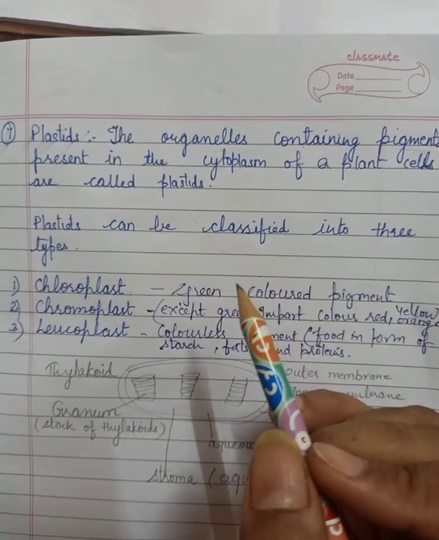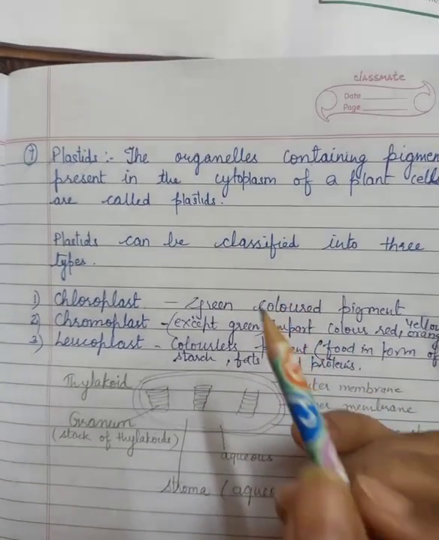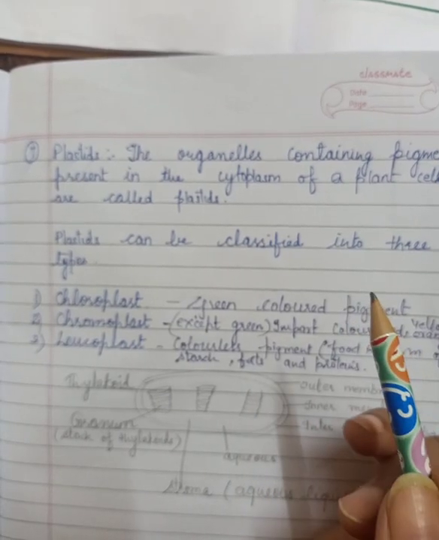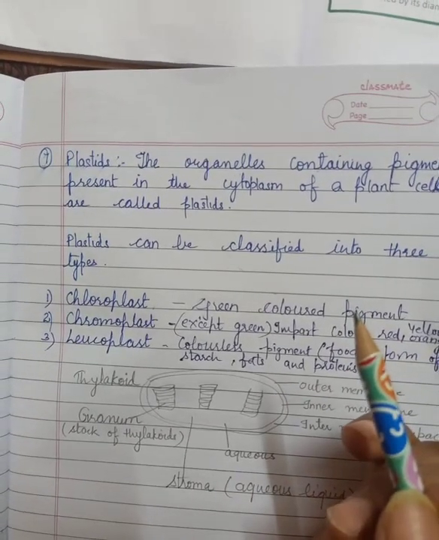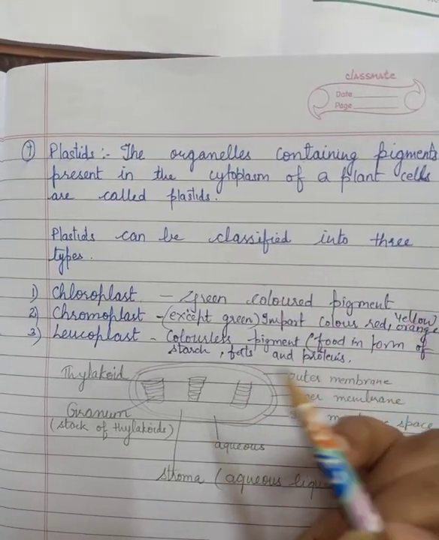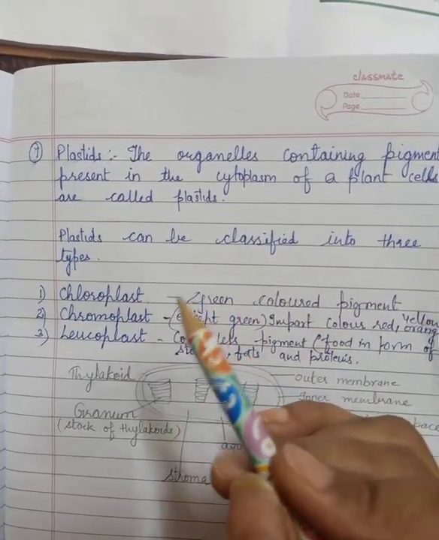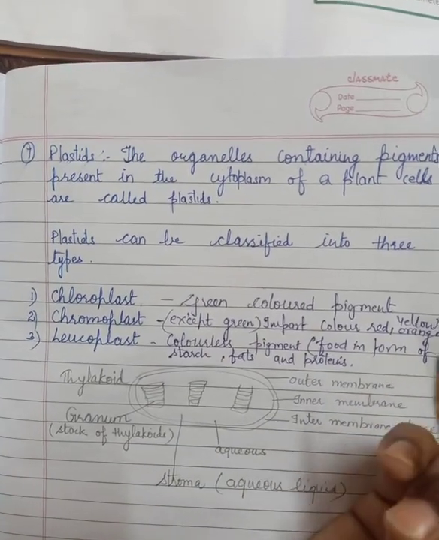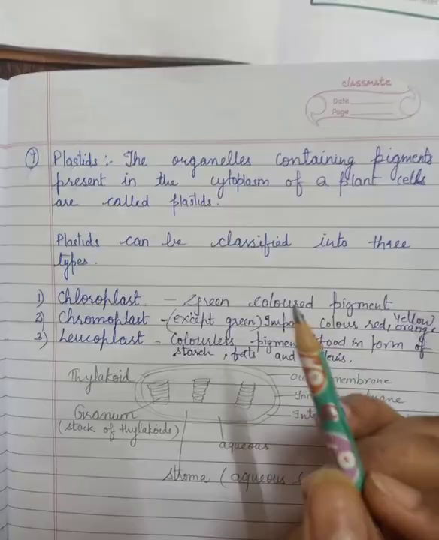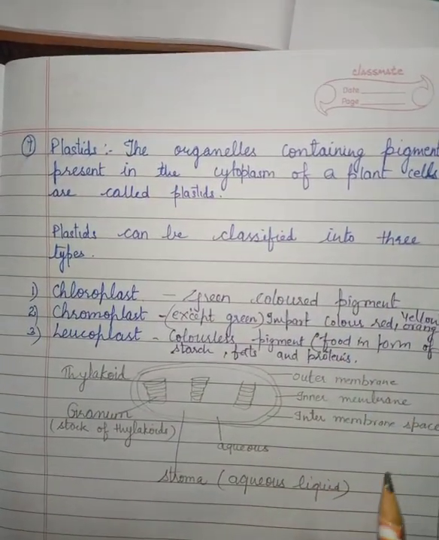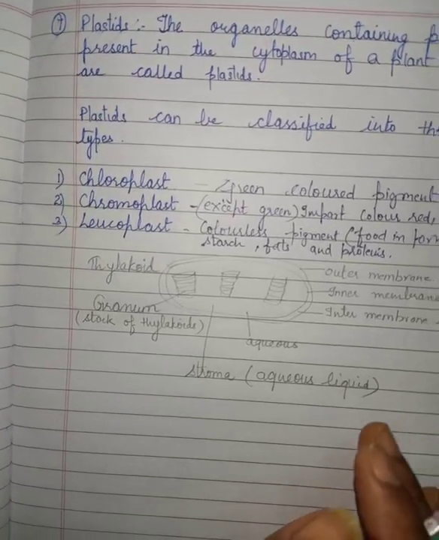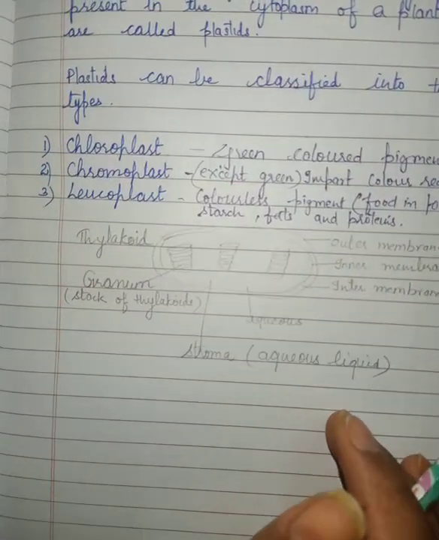Okay. If we talk about the flowers, the petals are colored and the sepals are greenish in color. The stem is green in color. So why do they have different types of colors? Sometimes we see a yellow flower, a rose has different colors. Every flower has some color in it. So why do the flowers have colors? Because they have the pigment, that is, plastids.